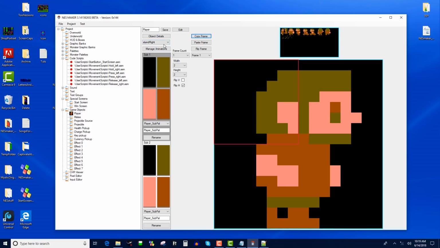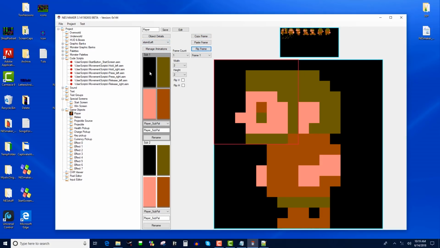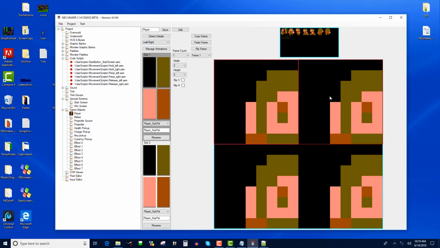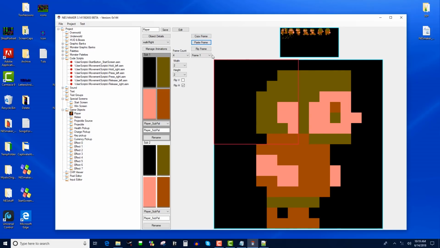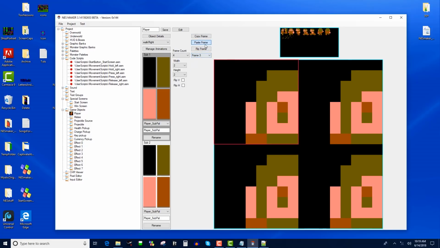So I'm going to copy this frame, and for stand left, I'm going to paste it and flip it. So that's easy. And then for walk right, I'm going to need a 2 or 4 frame animation. I'll go with a full 4, and I'll use the same frame for 1 and 3. But for 2, I will start with this, flip it,